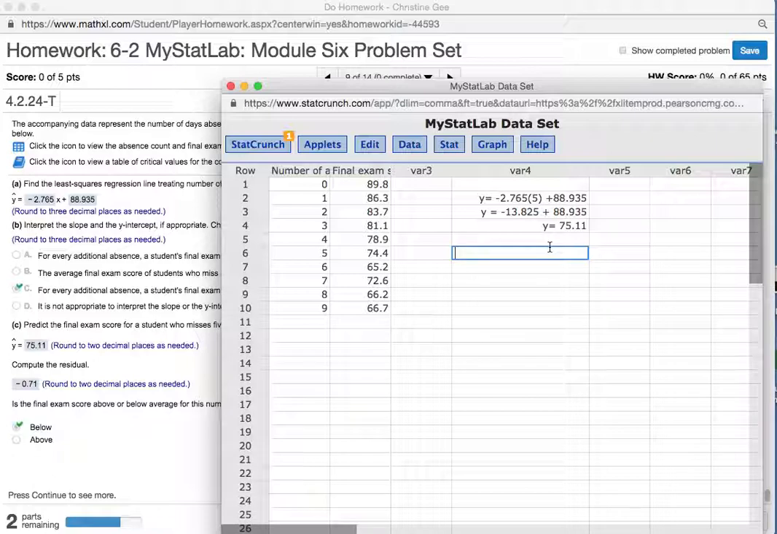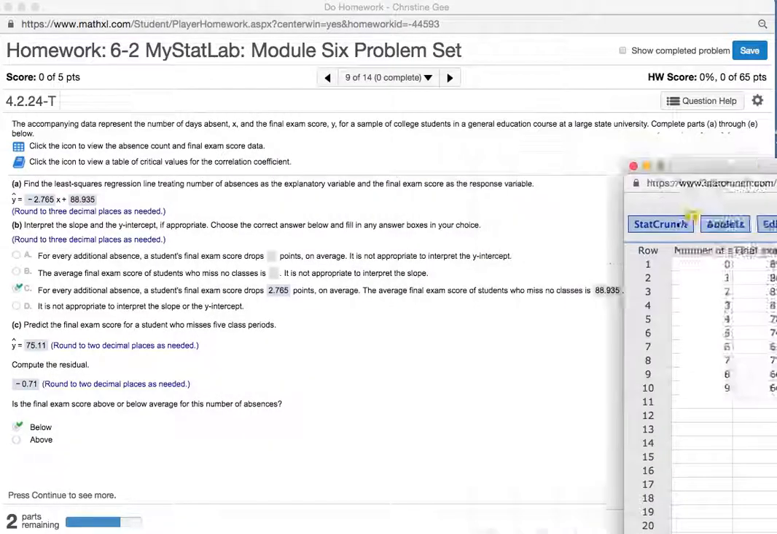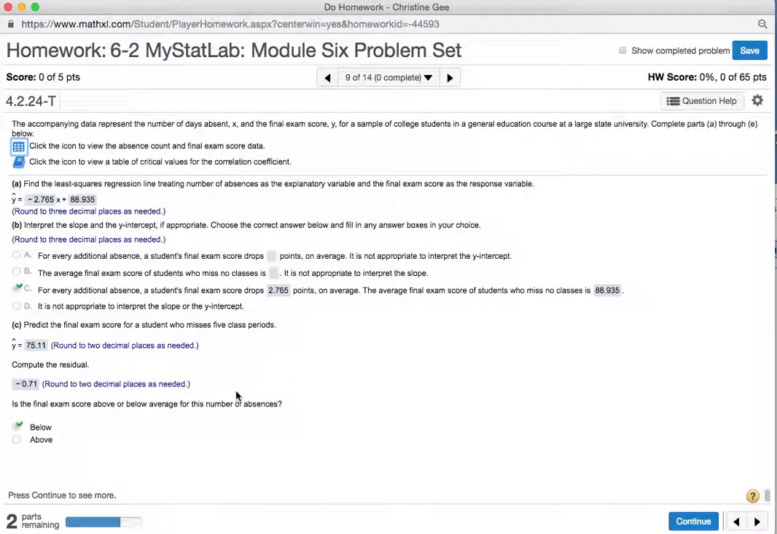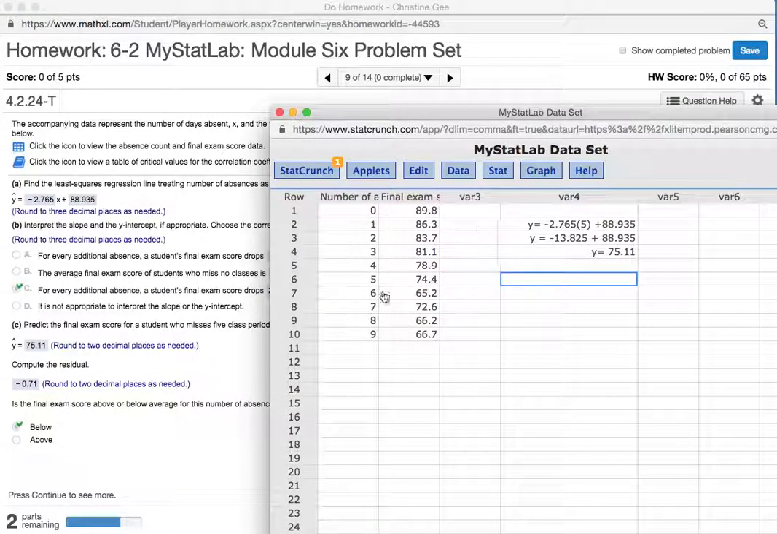Now it's asking us to compute the residual. Well, what does that mean? Here they're not that clear on it, but it's part of C, so they mean for 5 absences. So we can just look at our data, and we see for 5 absences, the actual is 74.4%. So we just take 74.4